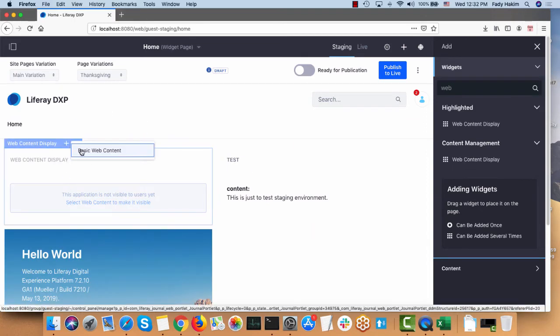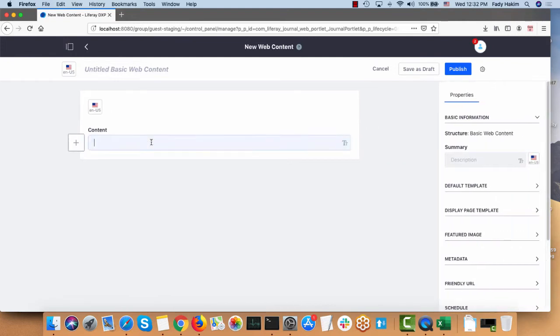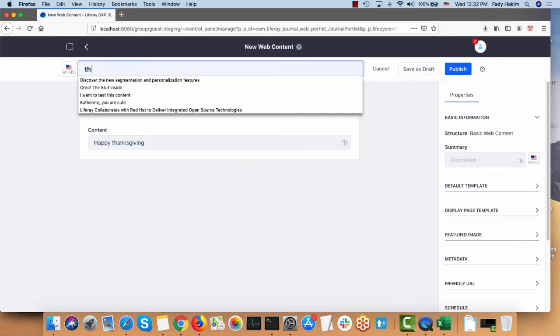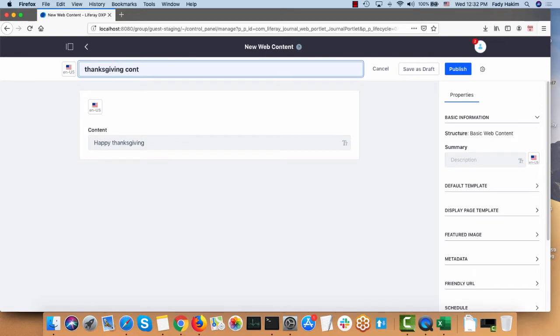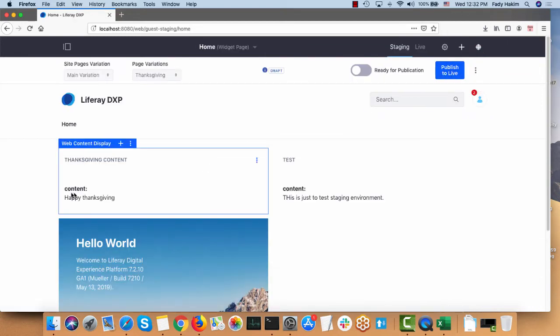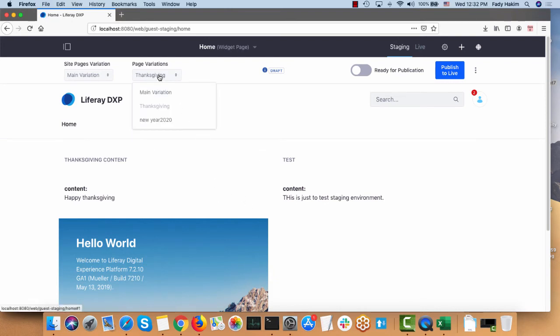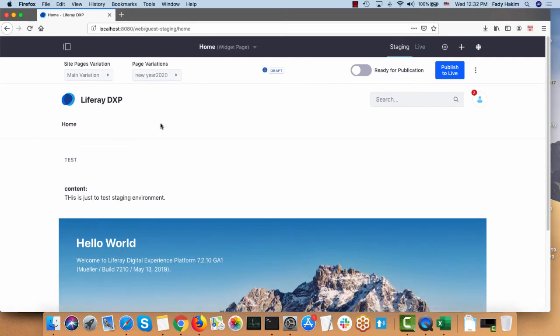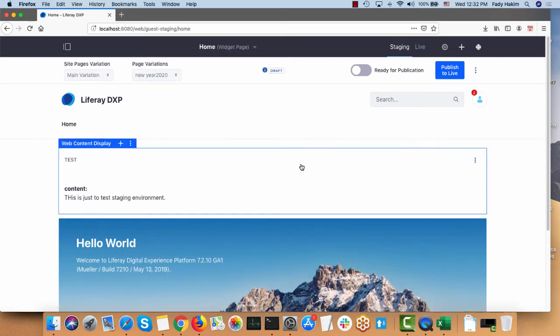And here I'm gonna add another basic web content and say, happy Thanksgiving. Thanksgiving content and publish it. So now I have my content, the page completely different. So the layout is different, have different content, and maybe on the New Year variation here, I need to just